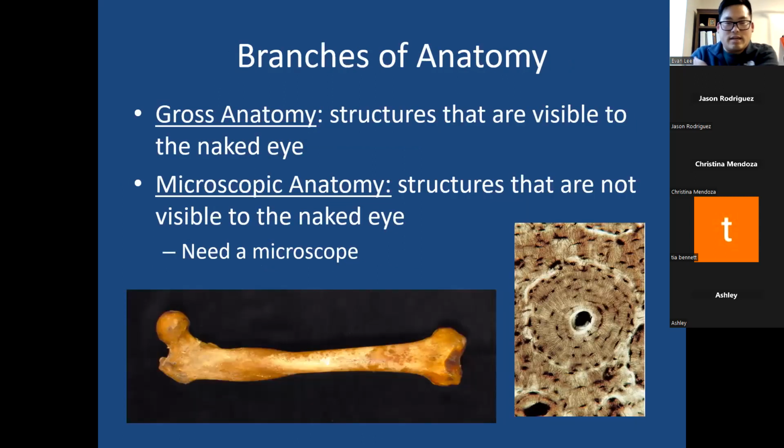Now, just to be clear though, anatomy is actually a pretty broad range of topics. It's not just anatomy. There are different parts of anatomy that go along with it. So just to give you two to start off with, we have gross anatomy and microscopic anatomy. So gross anatomy, gross doesn't mean ew, gross means basically the overall structure. And in this case, when we say gross anatomy, you could basically think of it as the anatomy that is visible to the naked eye. It's stuff that you can see